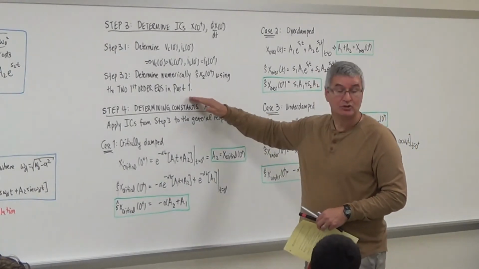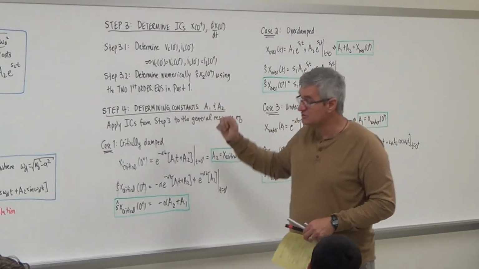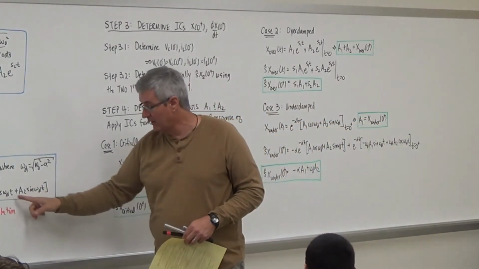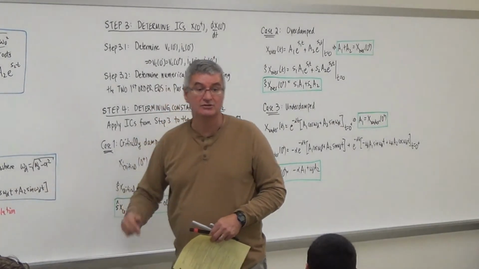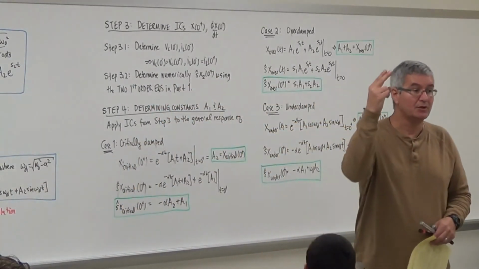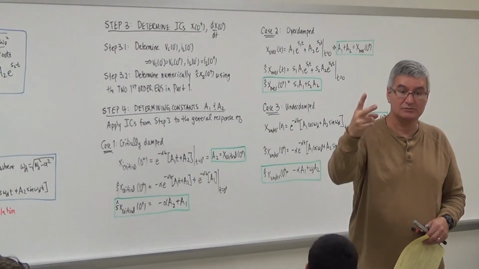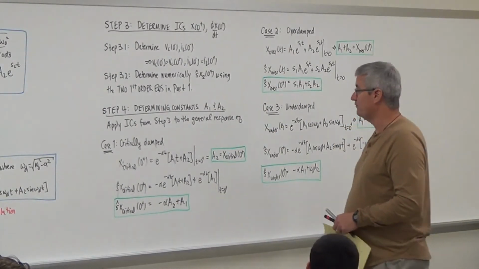And then I got to determine my constants. What constants do I need? I need A1 and A2. So what does that mean? I got to set up two equations, two unknowns. How do I set them up? Well, first,